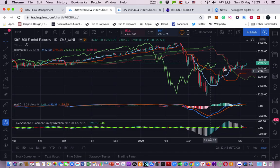The Chiku here runs free, and as you can see, the cloud's quite thin, so I believe the Chiku will go right through. So there should be no price congestion there. This is definitely bullish, even though it's flat at the moment. The Kijun Sen here is flat, but the Tenkan Sen is above it, and all seems to be well at the moment. There seems to be a bit of a price contraction here, which will eventually become a price expansion